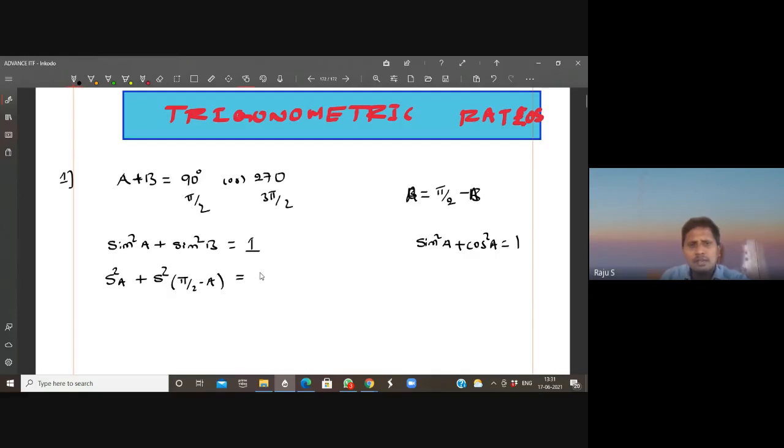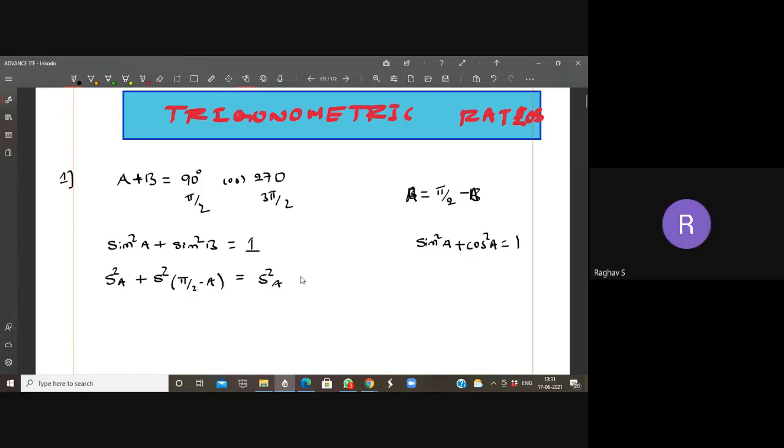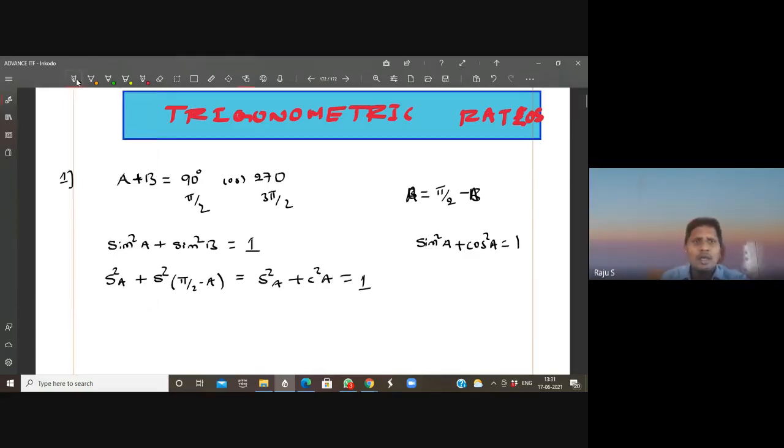Clearly it is equal to, just I'm taking LHS. I'm proving whether it is 1 or not. Sine square A, sine 90 minus A is cos square A. Sine square A plus cos square A, always 1. Okay, in the same way,